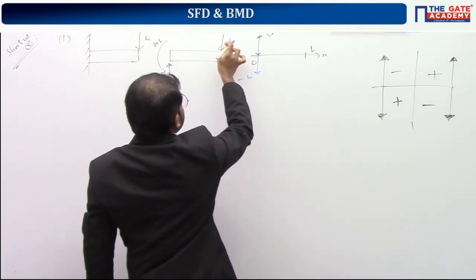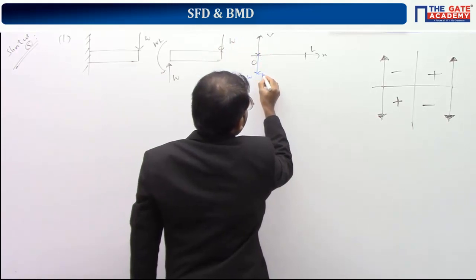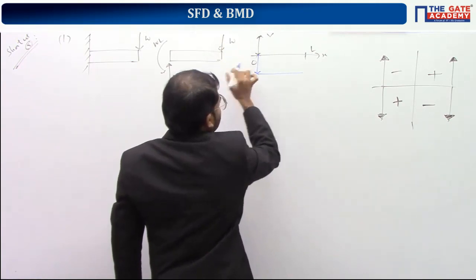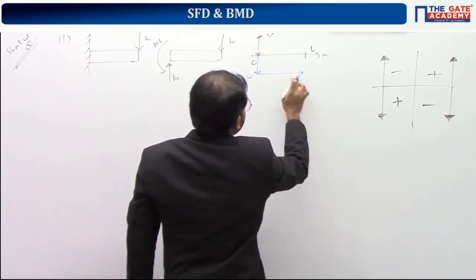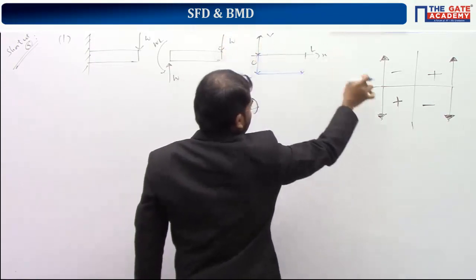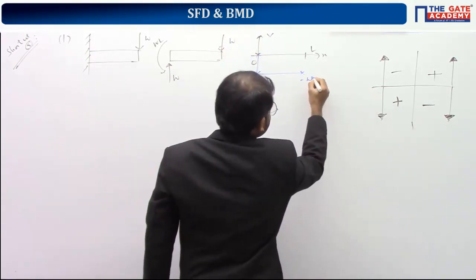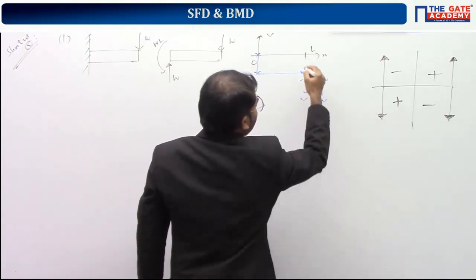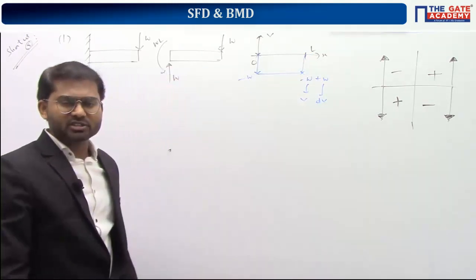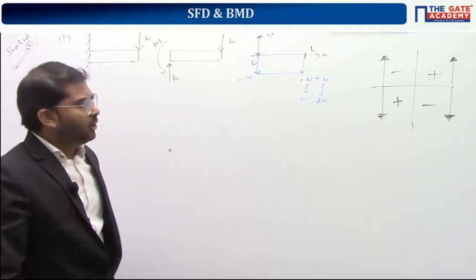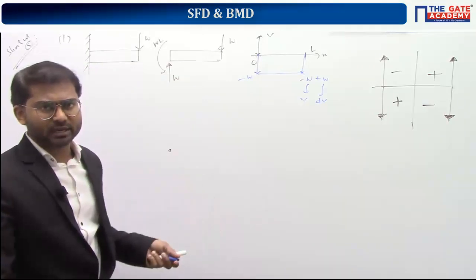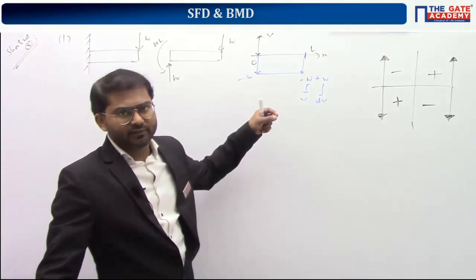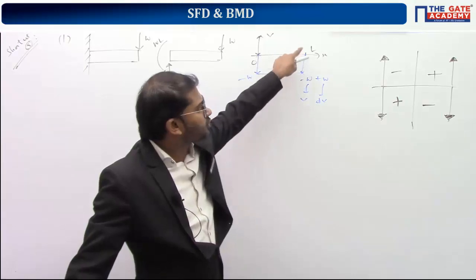From here till just before this W, there is no applied point load, so it will remain the same. But once it reaches here, downward acting force is there. So here the value is minus W, initial value. All of a sudden downward force is acting, so downward force will cause positive change of shear force. So initially it is minus W, which is V. So this is dV. So both will add up to 0. You will get the shape of the shear force diagram like that. Understand? So this shortcut gives you the shape of the shear force diagram. Clear? But this will not say clearly whether shear force at x is equal to L is minus W or 0.